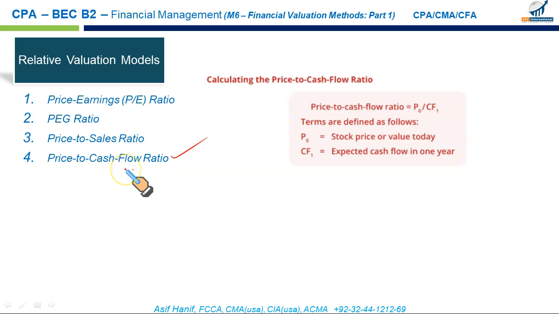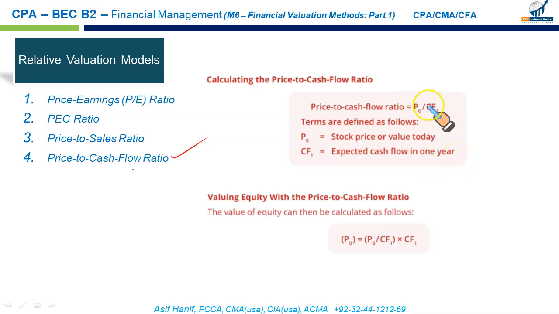So what we do in this arrangement, we take the share price, the price per share divided by the cash flow from operations divided by the number of shares. Just like sales dollar per share, we have the cash flow per share, expected cash flow, the U1. And we can remodel this to find the P naught in the same way. This is the multiple multiplied with expected future cash flows. This will give you the price of the stock. So these are all relative measures, all relative. There is no discounting involved, no dollar-based numbers, all relatives. That's why it's called the relative valuation models.